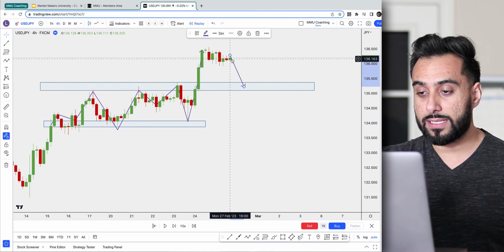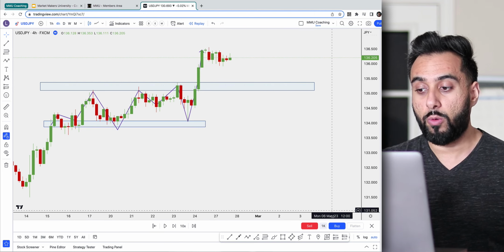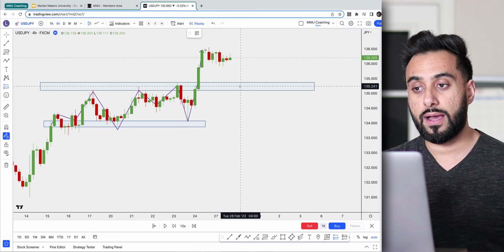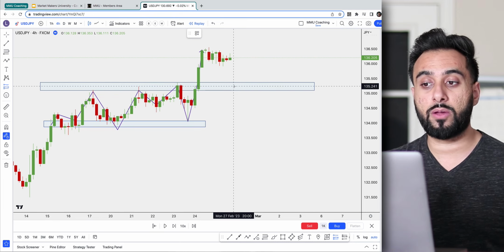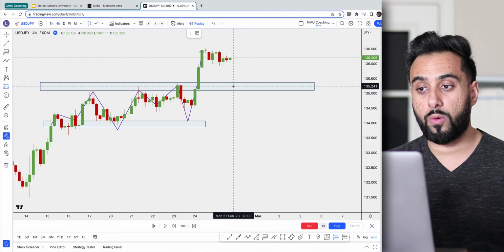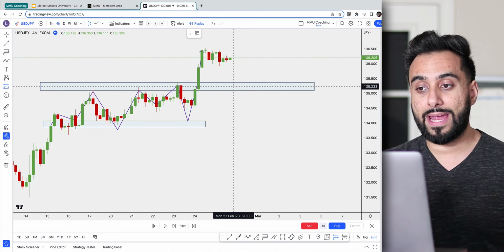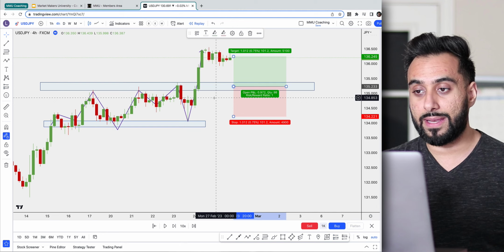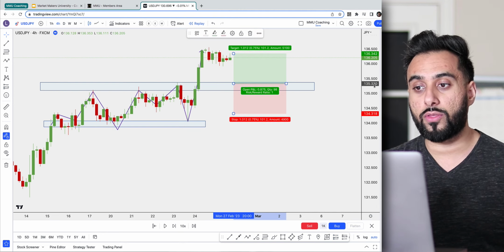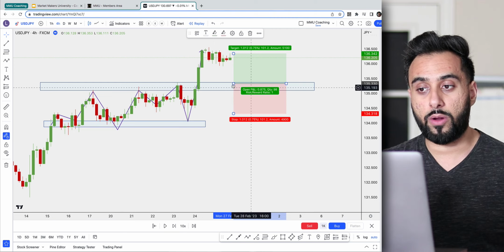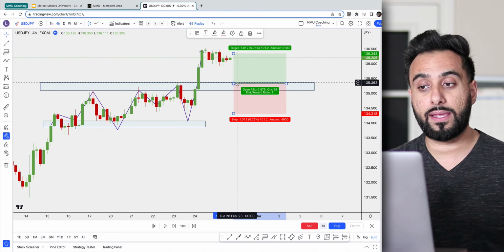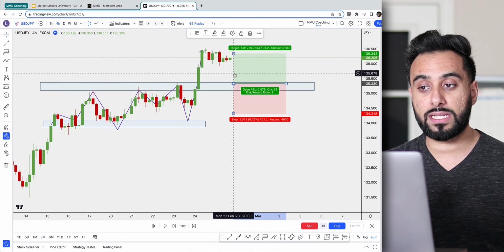So as we draw our zone, what we can do at this point, we can enter what's called a buy limit. I have a video on this channel explaining what a buy limit is. I'll link it up here if you want to see how those work. But let's say we enter a buy limit at this price of, let's say, 135.33. And we just have this pending trade just waiting to automatically get filled, waiting to automatically get activated once